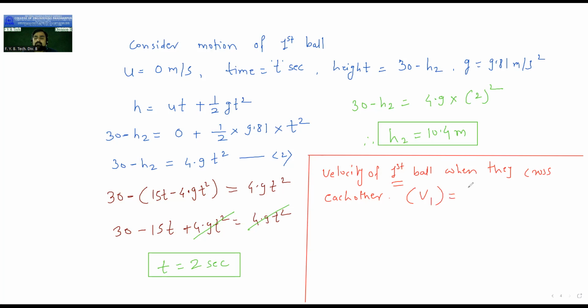Let it be v1. We don't know. So what I will use? I will use the formula v is equal to u plus at. Now I don't remember the formula. So u is there. a should be replaced by g. So I will write here g. And this motion of the first ball is downward motion. So this g is plus. Okay. So this v, nothing but velocity v1, is equal to